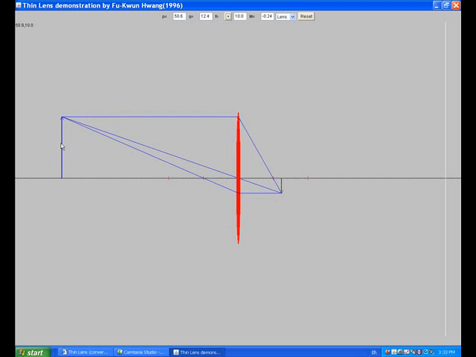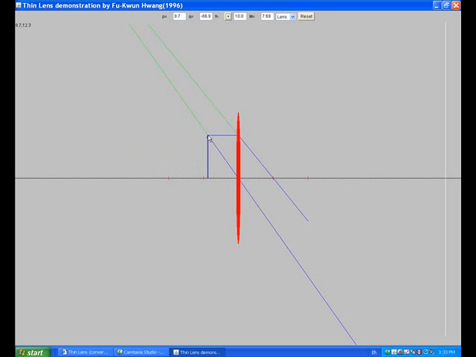Now, some of the properties of the image can be: is it bigger or smaller? Or is it magnified or diminished? Is it erect, that is right side up, or is it inverted? And of course, is it real or is it virtual? Now remember that if an image is inverted, that automatically means it is a real image. If the image is